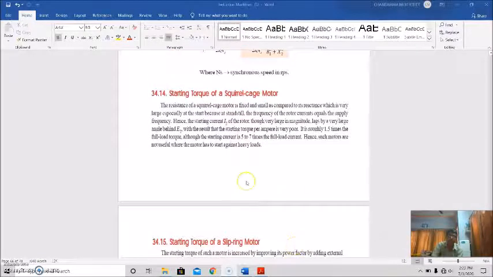And as I told you, the squirrel cage motor rotor resistance is fixed and small compared to its reactance. As a result, at standstill conditions the rotor frequency is equal to the supply frequency, and the starting current I2 of the rotor, though very large in magnitude, lags by a very large angle behind E2, with the result that the starting torque of